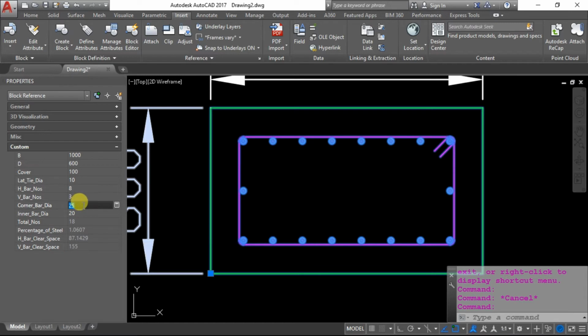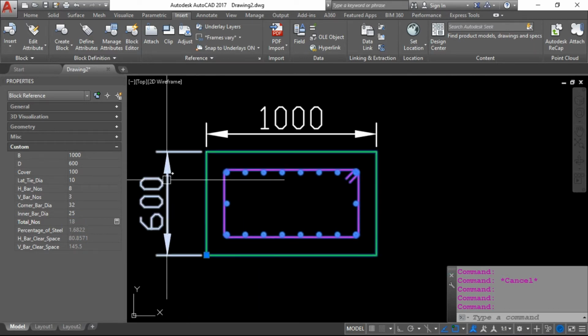So if I change this dia to 32 and inner bar dia to some 25, it automatically counts. Corner dia means 4 bars into 32 dia bar area plus inner bar, so 14 bars into 25 dia bar area. So it gives you the result like percentage of steel with respect to the block which we created, like 600 into 1000.